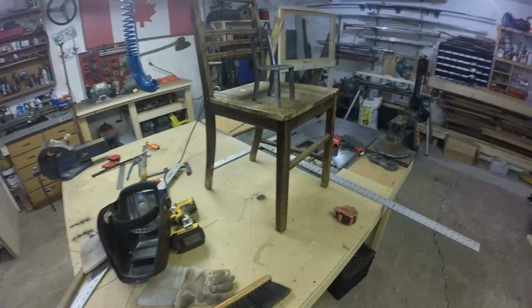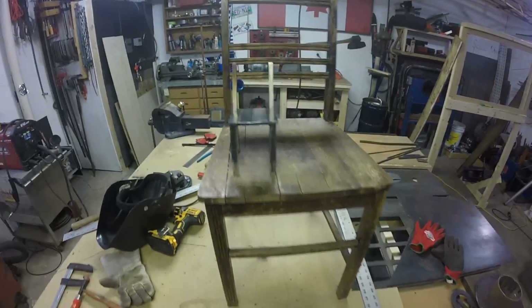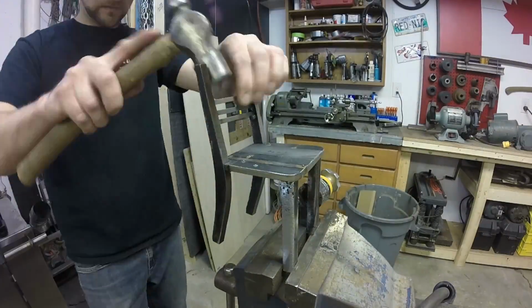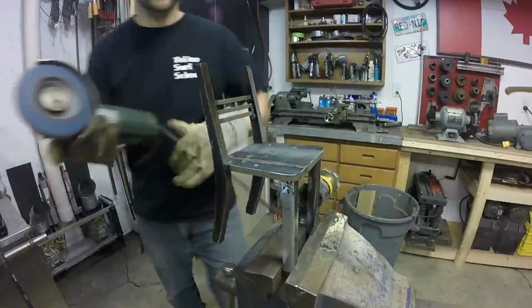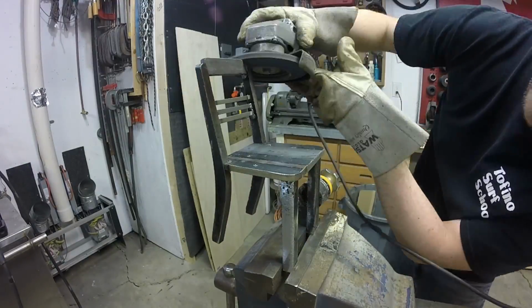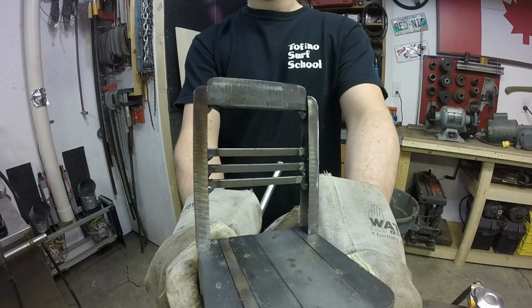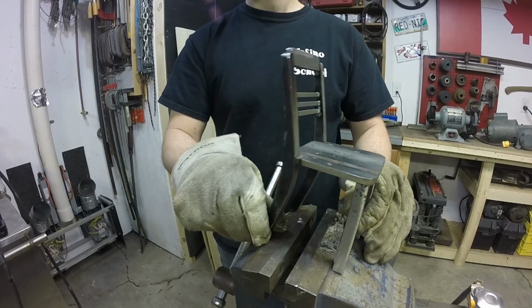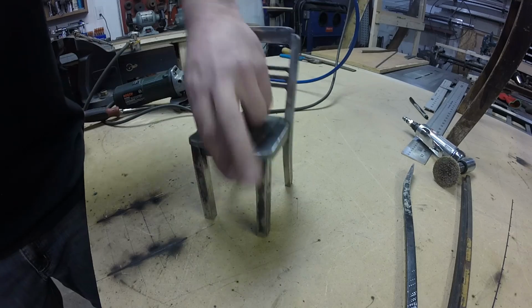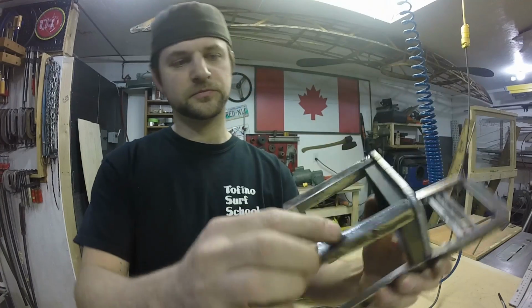It's getting there. Definitely looks like a chair. All right, we're getting there. Put the bottom supports in,